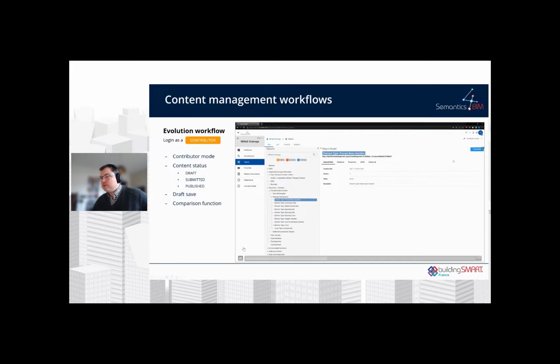I have the possibility to switch to a contributor mode, where I will have the ability to go to a draft mode, which frees all of the content in these entities. I will make my modification. I will have functionality just to highlight what I've done to these entities here.